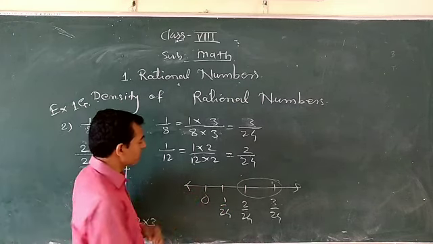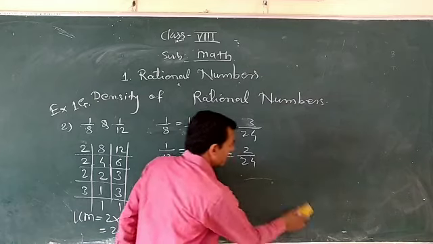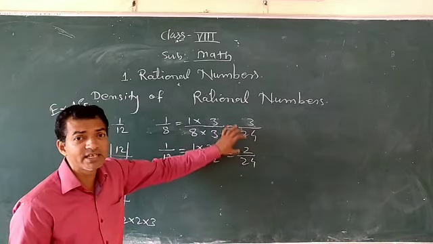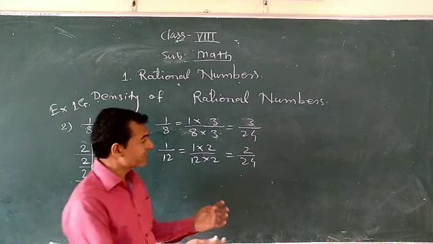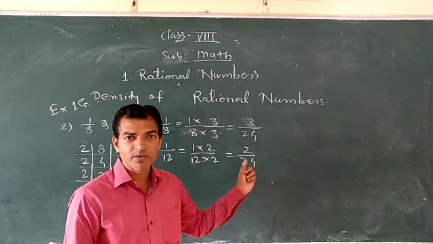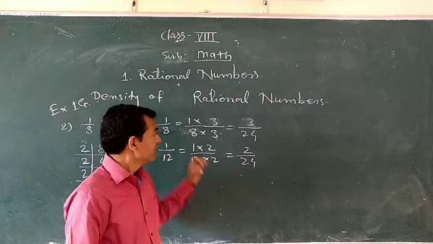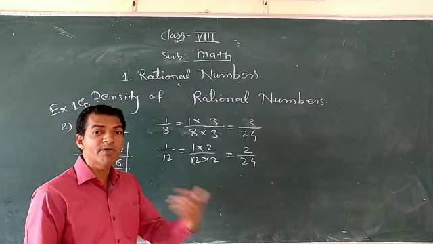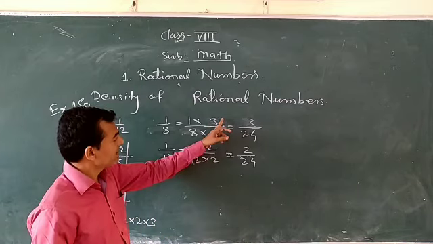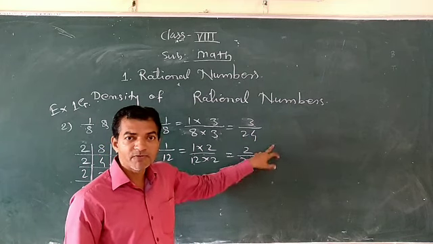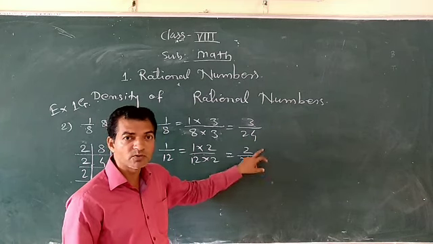Okay, so at that time what do we have to do here? Again you have to write the equivalent fractions of these numbers. These are very small numbers, so that's why we cannot get three rational numbers between these two rational numbers. So at that time you have to increase the numbers. By which number? Any number you can consider. Multiply by 2 by 2, 3 by 3, 4 by 4, 5 by 5. The same number you have to multiply here.